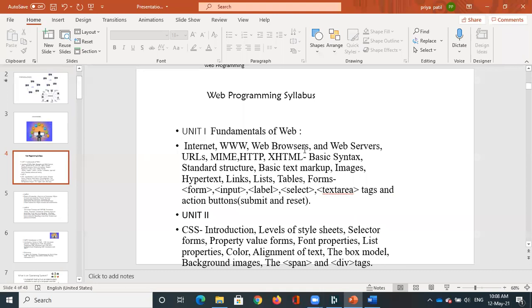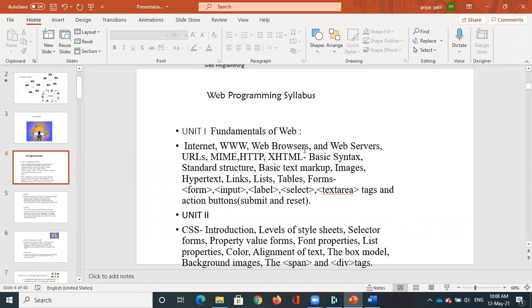We're going to study web browsers, like Mozilla Firefox, Chrome, and Safari. These are the different web browsers that we have. Whenever we want to write programs, like in C programming, you might have studied, we require a compiler. We use an editor and a compiler, write the program, and then execute.